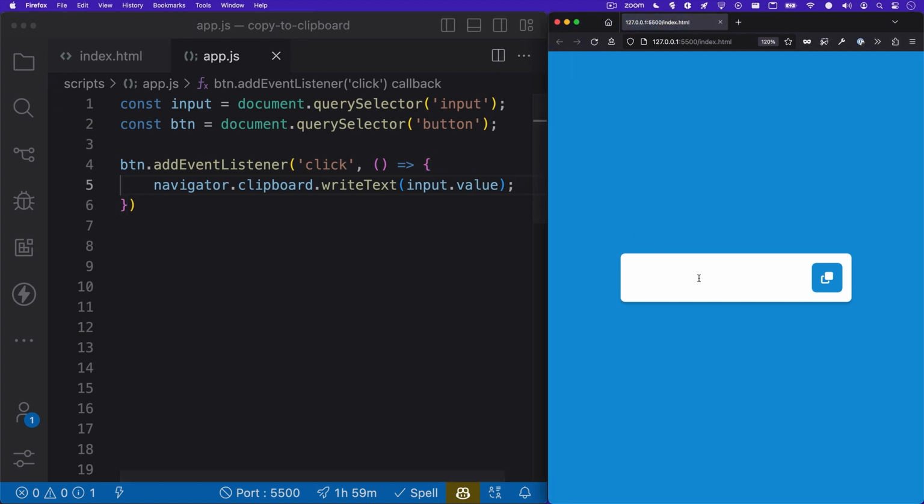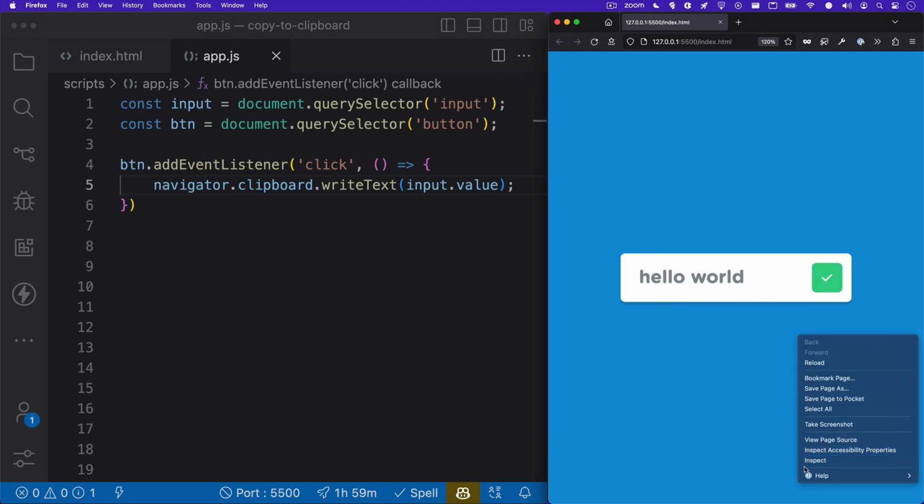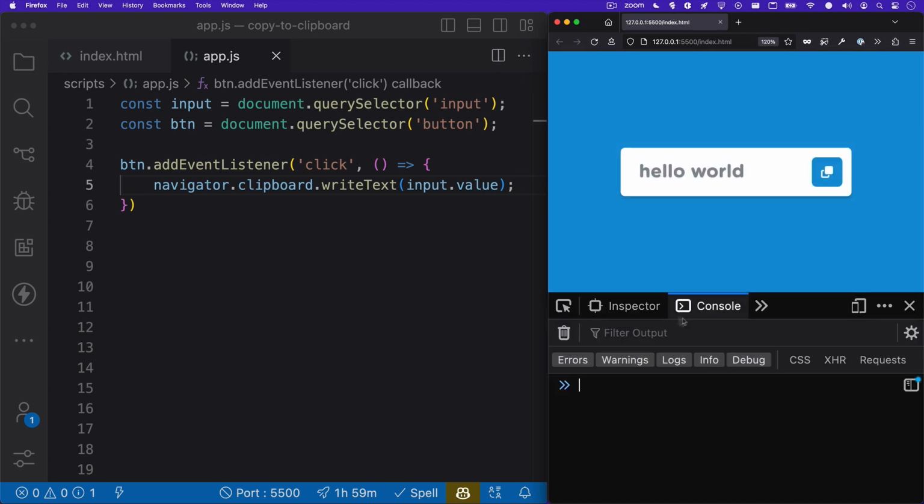I'll hit save and head on over to my browser. I'll type in hello world into the input, and I'll hit our copy button, and now our text is copied. I'll open up our console and I'll press Ctrl V on my keyboard, and now you see hello world pasted